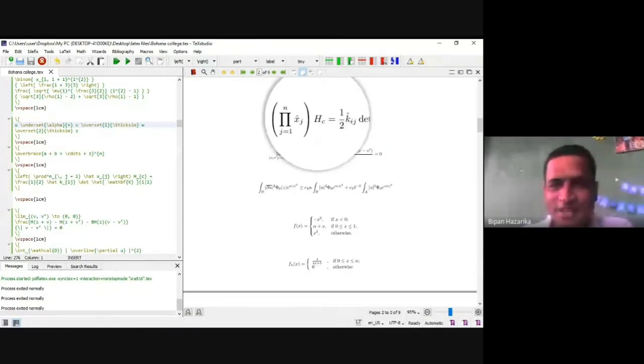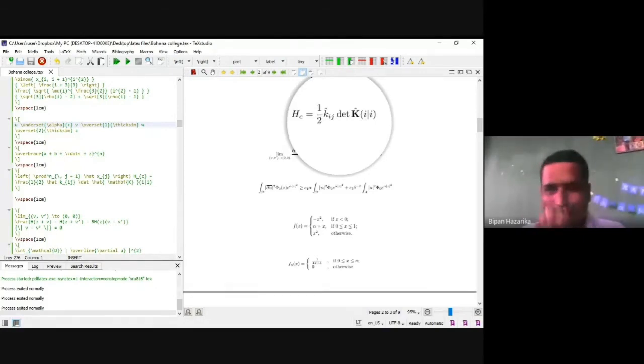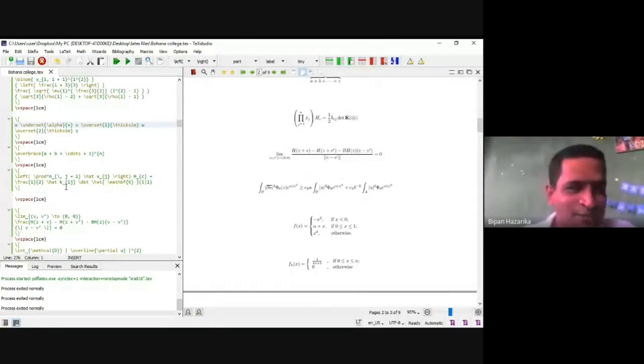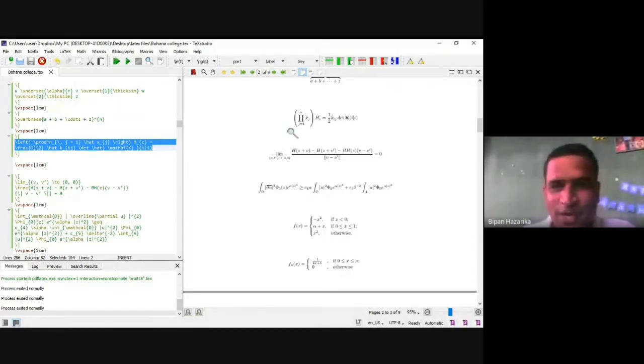Another mathematical expression: big pi, that means the product, z varies from 1 to n, x cap j, half of x cap ij, determinant of capital K, this is bold K, cap I, vertical line I. So for this notation we write the product in LaTeX. We write left bracket and right bracket because we are using a bracket.